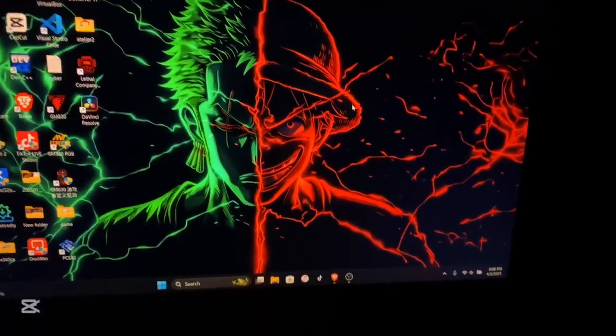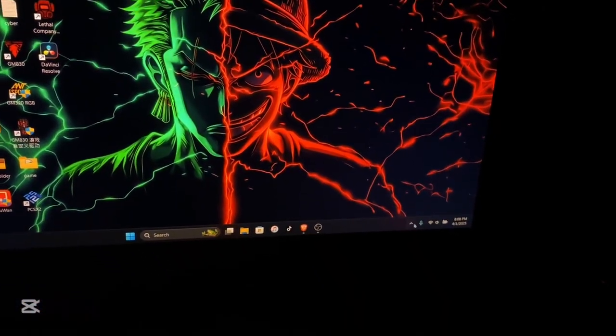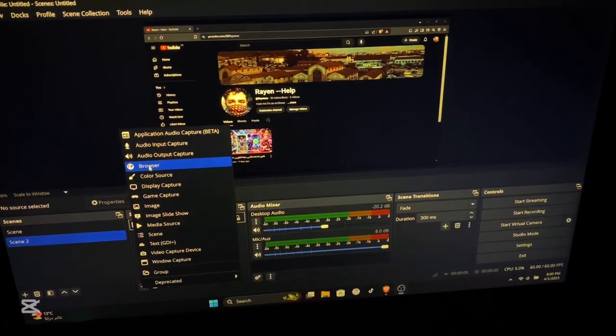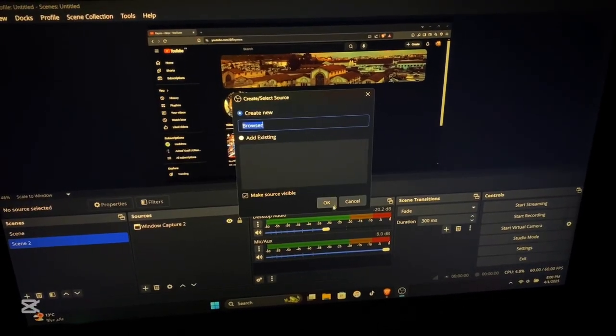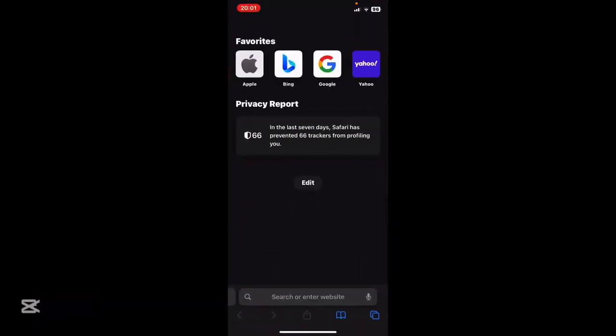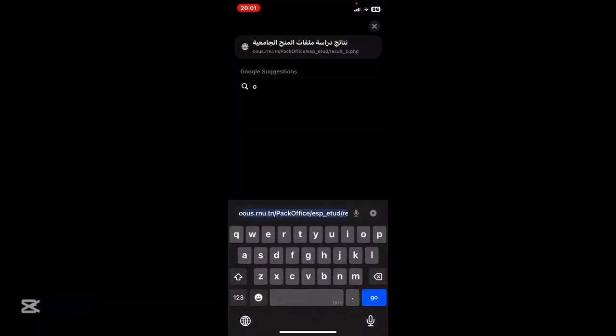First you have to connect your phone and your PC to the same Wi-Fi connection. Then you open your OBS. You go here, this plus mark. You click it. You choose browser. You click OK. Now you go to your phone, you open any browser you want, you type OBS Ninja,